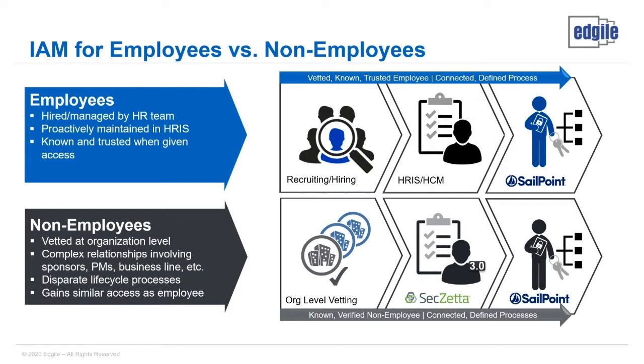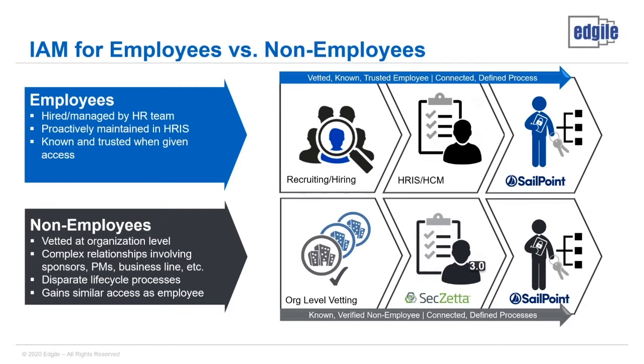So SecZetta can really contain all of those different workflow processes, all those life cycle processes, enforce policies during those processes, enforce required data that needs to be collected, and use all of this relevant data to build risk ratings for each individual so that we understand who we're engaging and who we're building relationships with at the individual level. So this is really the piece that SecZetta fits in that puzzle, and kind of closes that gap, obviously, between the org vetting and the actual provisioning of access.